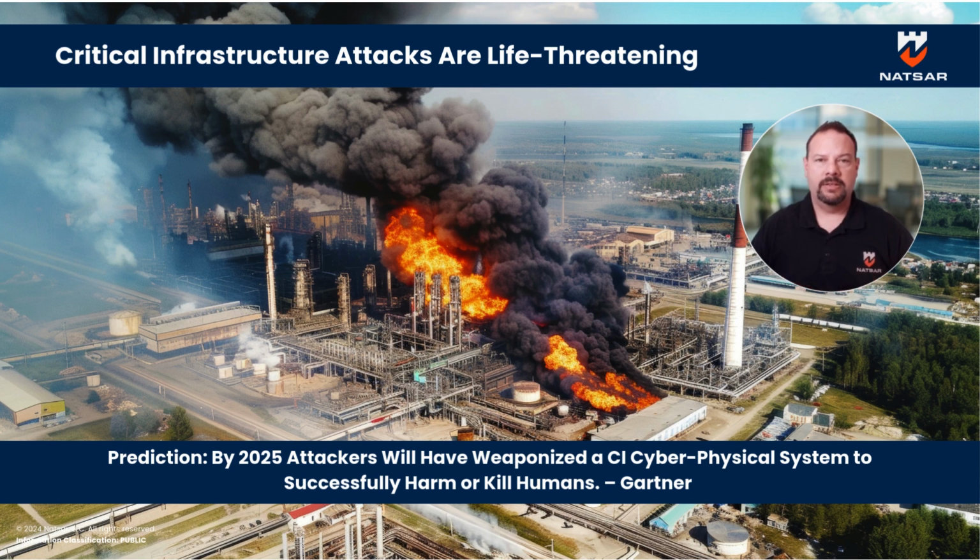And that's where you have things that are controlled or communicated with via the internet that control some physical device. It could be raising the floodgates of a dam. It could be releasing chemicals into water treatment. It could be turning on or off parts of the power grid, or it could be controlling an elevator or an escalator. There's lots and lots of examples. But imagine if you could control things like that. And we've seen attacks like that where chemicals were dumped into a water treatment facility or the power was turned off. In fact, I'm going to show you in just a little bit some of the more notable attacks against critical infrastructure that we know about.